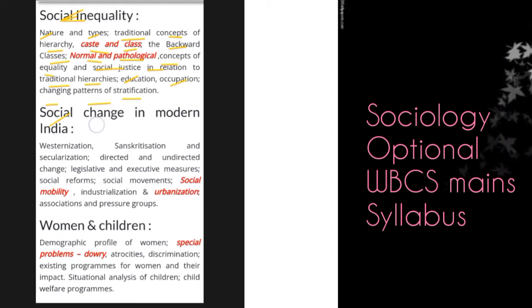The next section deals with social change in modern India, which includes westernization, Sanskritization, and secularization, which are directed and undirected change. Then legislative and executive measures, which include social reforms, also social movements, also social mobility, industrialization and urbanization, associations and pressure groups. It also includes women and children, concepts of women and children, different concepts of demographic profile of women,